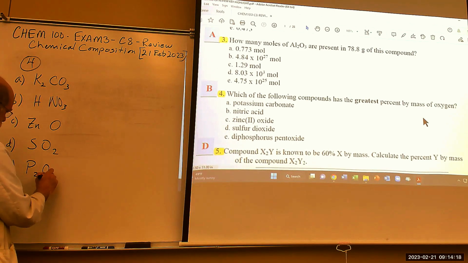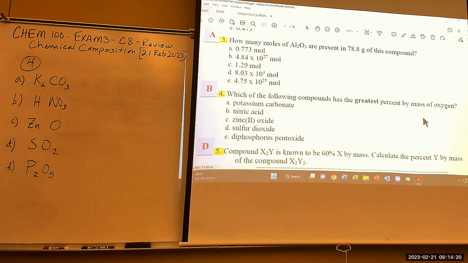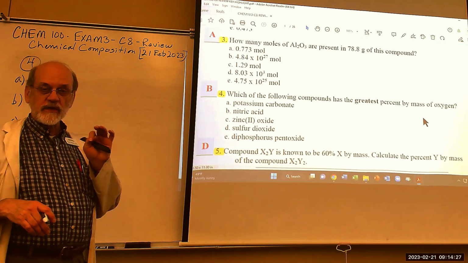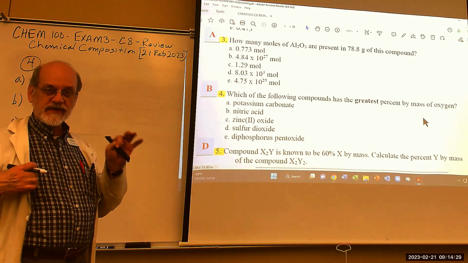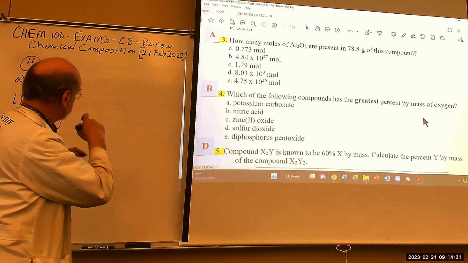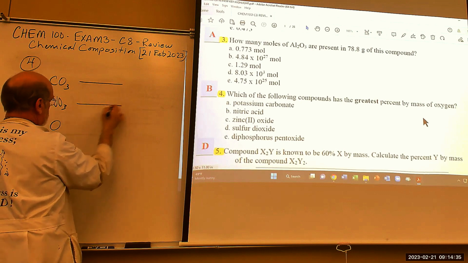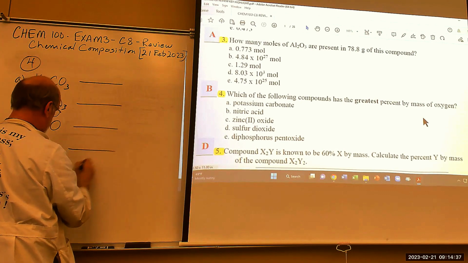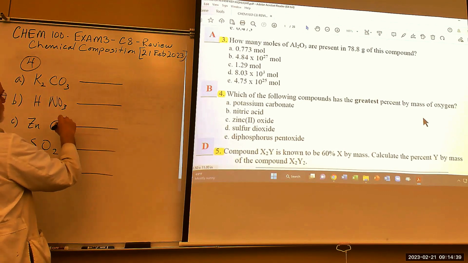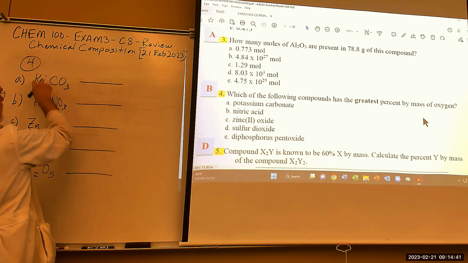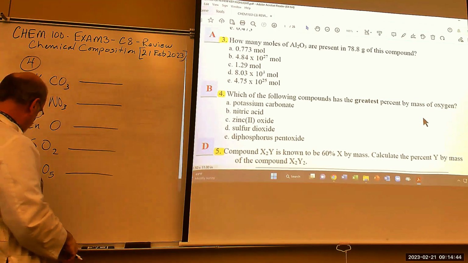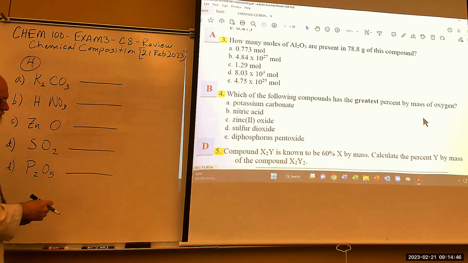Diphosphorus pentoxide. Okay, now what we need is to set up our formula so that we can calculate the percent oxygen in each one. Okay. So each one is going to have a divisor, and on the bottom is going to be the total weight of that compound. So, 2 potassiums,